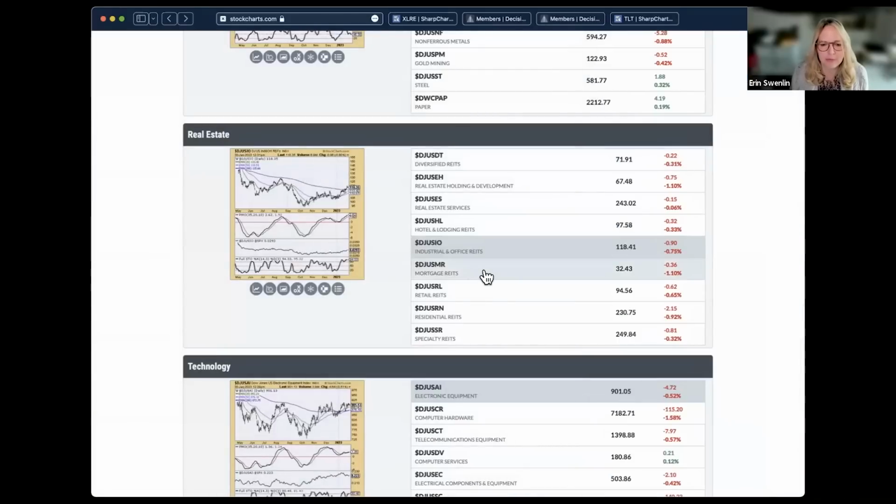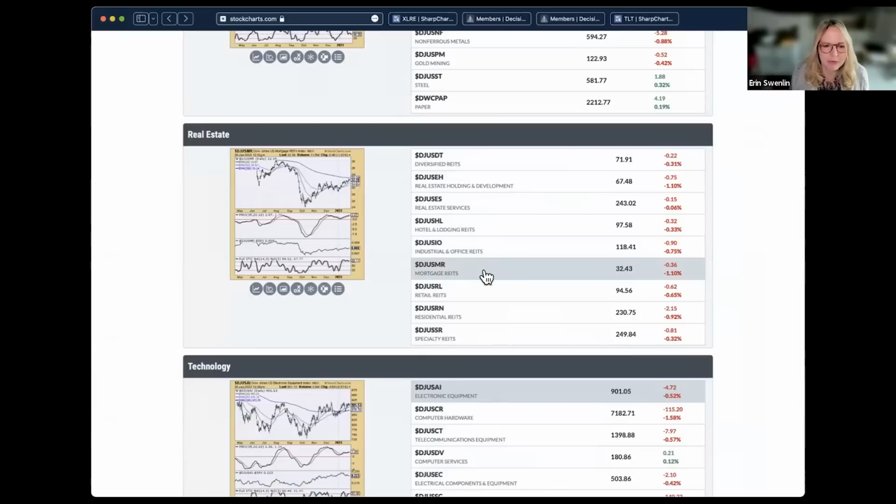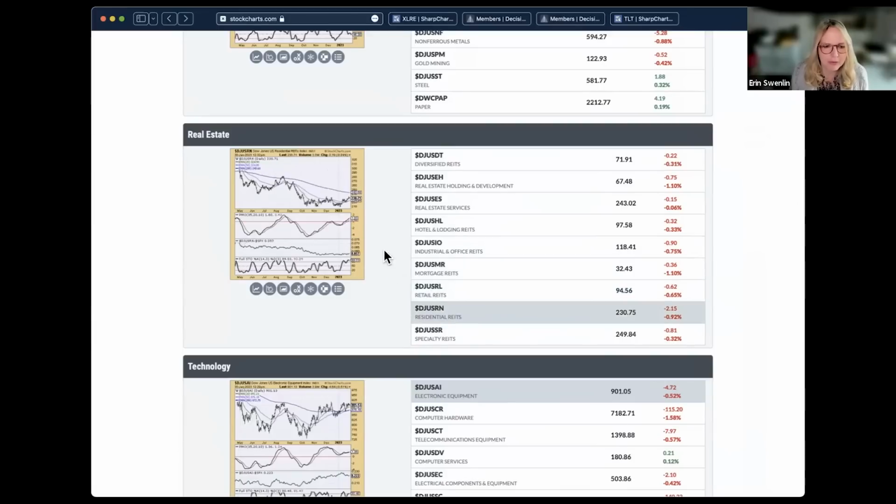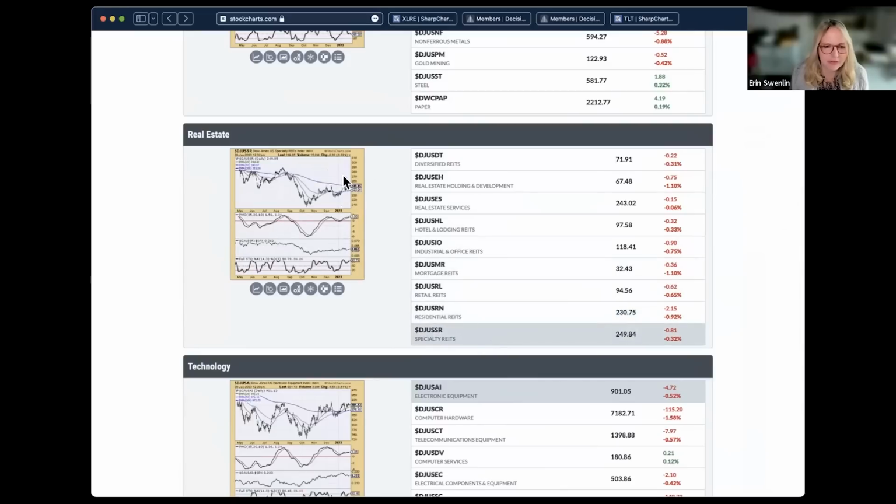And back here, let's go to mortgage REITs. Not above their 200. They do have a nice rising trend, but the PMO is overbought and it really is hitting overhead resistance. So not a fan there. Nice breakout for retail REITs, but we do still have strong resistance here at that prior top in August. Residential REITs moving mostly sideways, very uninteresting. Specialty REITs getting stuck below their 200-day EMA. So that's the best way you can take that deep dive into a sector and its industry groups and find those stocks that you like within.